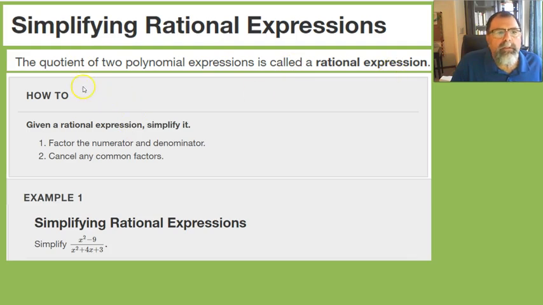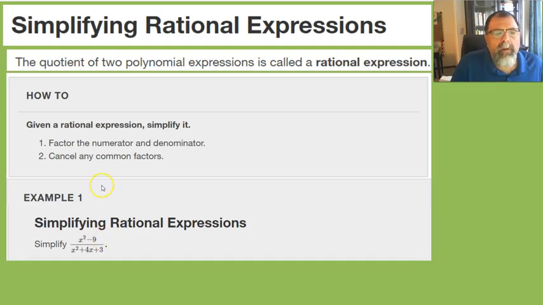Simplifying rational expressions. The quotient of two polynomial expressions is called a rational expression. Simply, the root word here is ratio, right? So it's going to be a ratio of two polynomial expressions. Like in example 1 here, we have a polynomial for the numerator and a polynomial for the denominator. So this is what we call a rational expression. And a simple old fraction is also considered a rational expression. You can think of a whole number as a